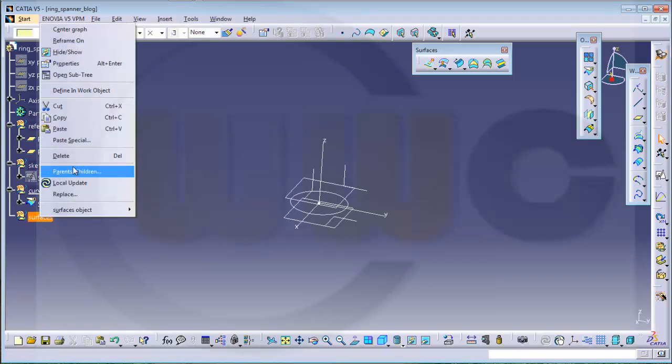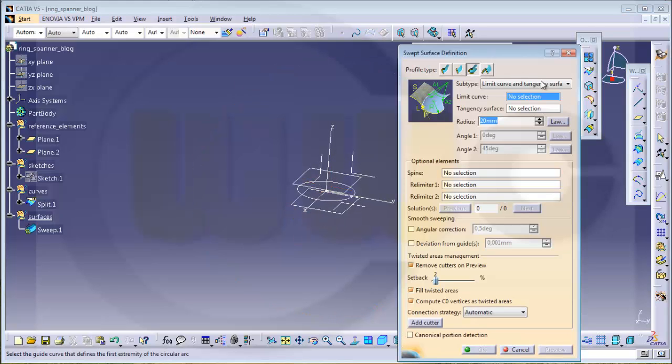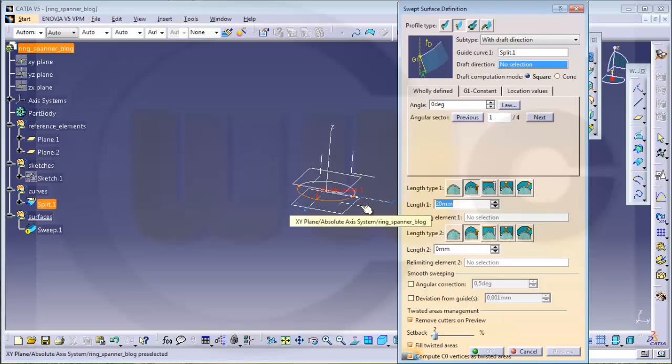Now I will go for a sweep. It's not a circular one. It's a line type with draft direction. First guide curve is this one. Draft direction should be the normal to this plane, and the angle should be 15, and I want to go for this solution. That's okay, but it should be